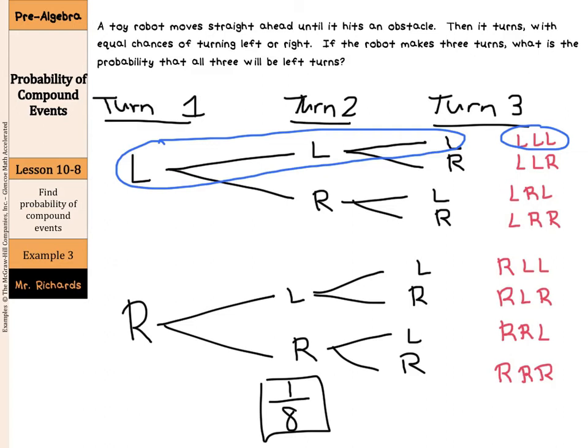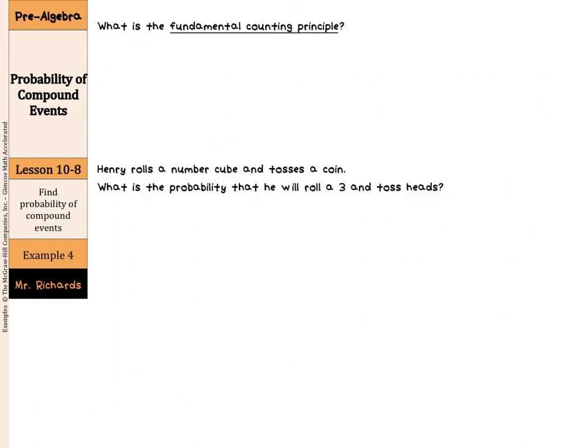Now again, going back to that fundamental counting principle that we've been previewing, we had 2 outcomes the first time, we had 2 outcomes the second time, and 2 outcomes the third. I wonder if there's any way to get to the 8 using those numbers. And now the definition we've all been waiting for, fundamental counting principle. What is it? Well, it uses